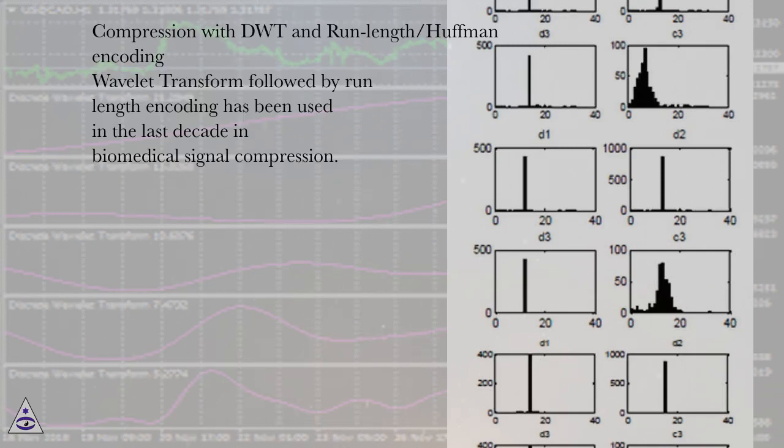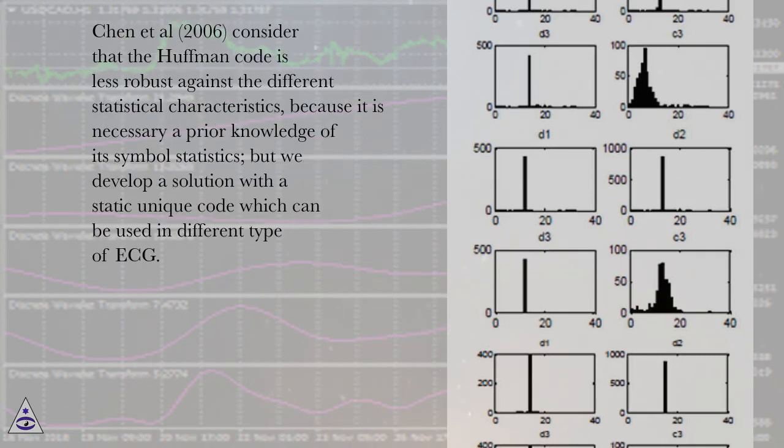Compression with DWT and Run-length / Huffman encoding. Wavelet transform followed by Runlength encoding has been used in the last decade in biomedical signal compression. Chin et al., 2006, consider that the Huffman code is less robust against the different statistical characteristics, because it is